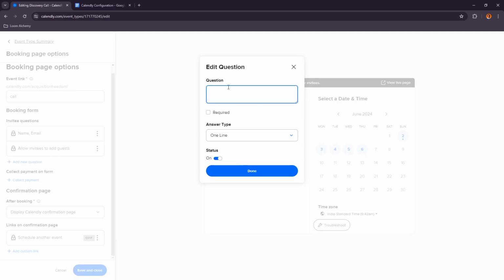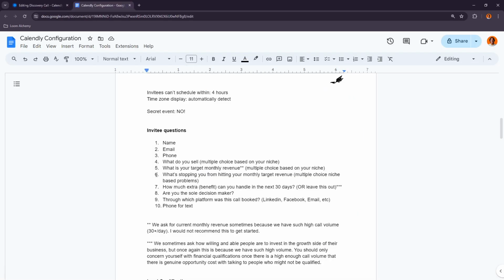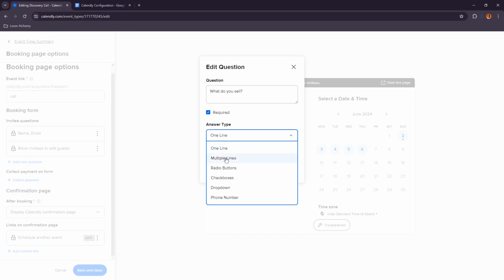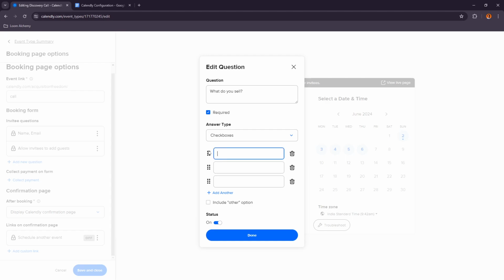So for this, add new question and just copy and paste it from here. What do you sell? Control C and paste it here. Add a question mark. This is required. Answer type is multiple. I would say just choose checkboxes and add in more and more checkboxes, like are you a marketing agency, or no, you can add things like SEO and website development,